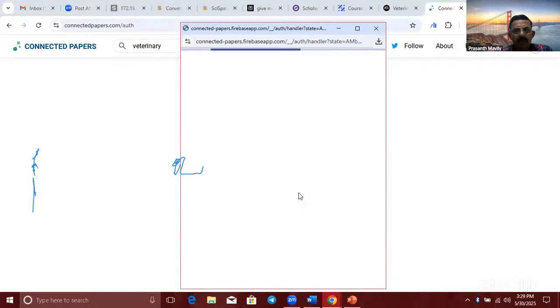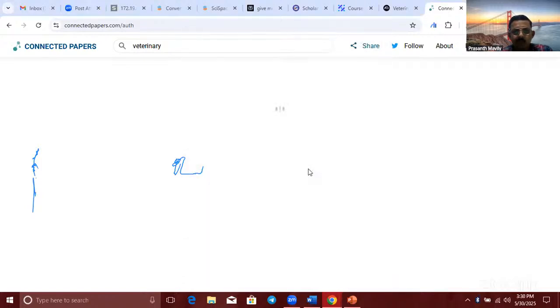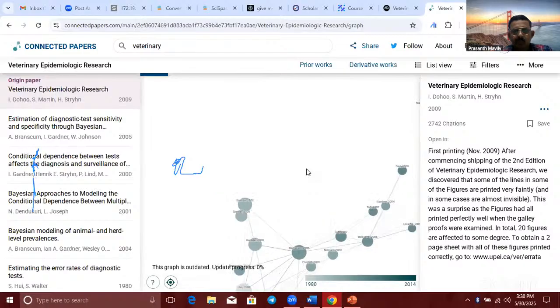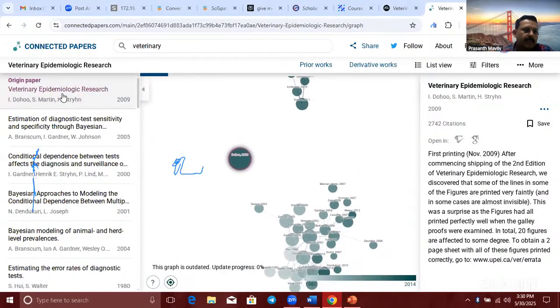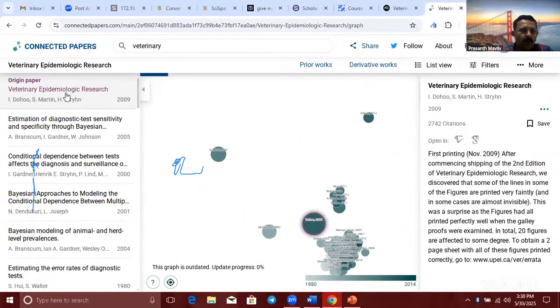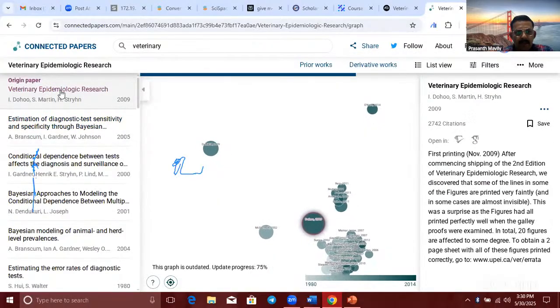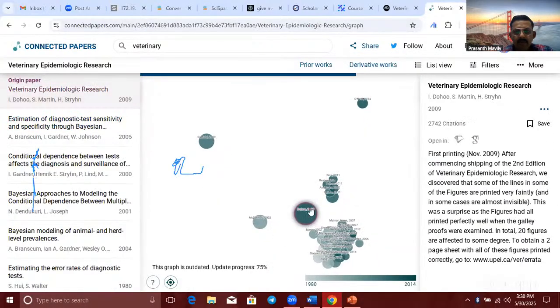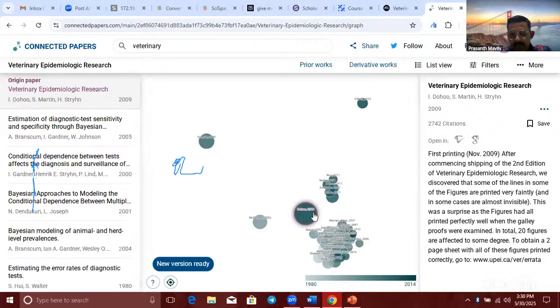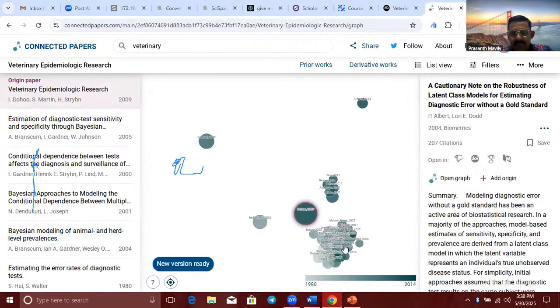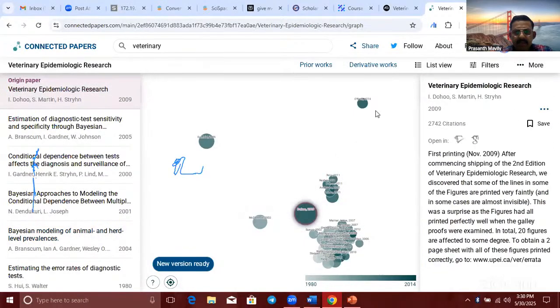You have to log in. See, this is the paper, Veterinary Epidemiologic Research. I have uploaded it and it will be shown with a ring. You can see the connected papers within a visual graph created immediately.